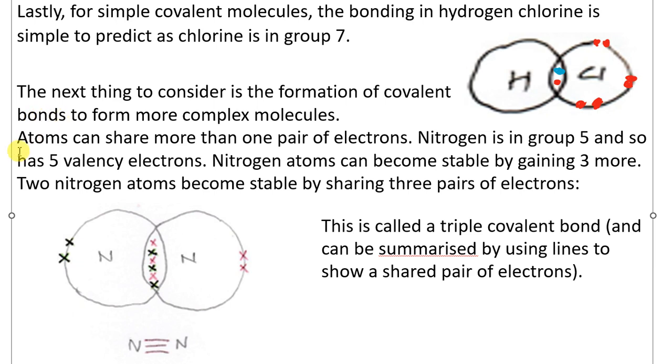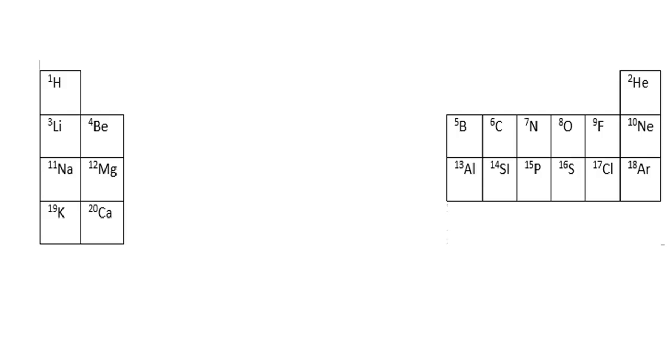Another. Atoms can share more than 1 pair of electrons. Why not? It's all about atoms getting a full, stable outer shell. Why not share more than 1 pair if that works? Nitrogen's in group 5, check. Group 5: lithium 1, beryllium 2, 3, 4, nitrogen is 5. And if nitrogen is in group 5,